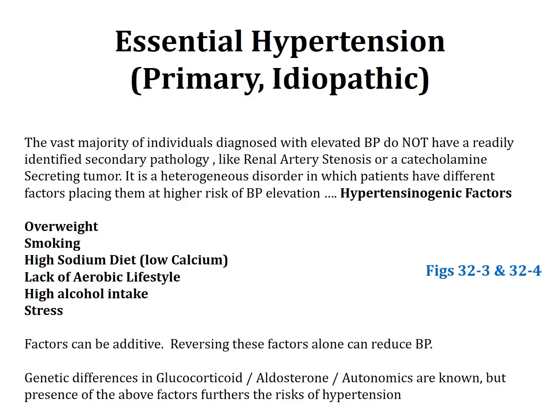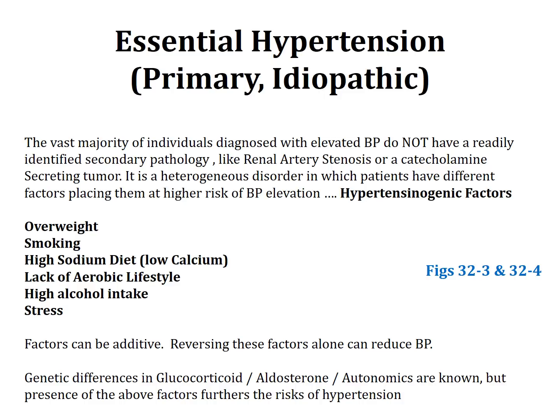Most adults with hypertension are going to have what's referred to as essential hypertension. Terms that you'll see, they're older terms. Most literature won't use primary or idiopathic hypertension anymore. Most of the time you're going to see it referred to as essential hypertension. These individuals usually have some risk factor which is increasing their risk of hypertension, and that's referred to as a